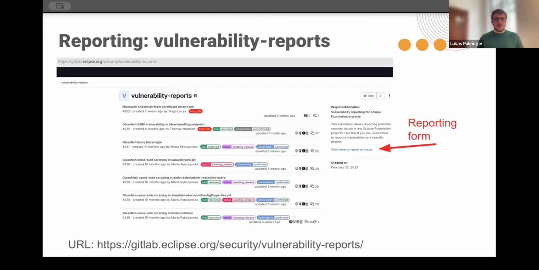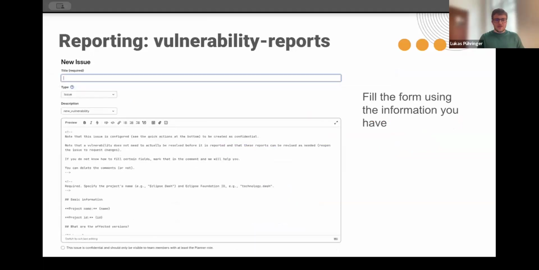That's what the repository looks like in a web browser. You see the red arrow on the right. It shows a link that you click in order to create such an issue. And then you get a form with the title. The title should always start with the name of the project because this repository is for all Eclipse projects. So it's easier to associate it with the project if that's already in the beginning, like in the prefix of